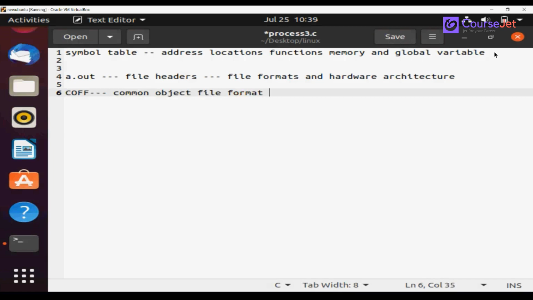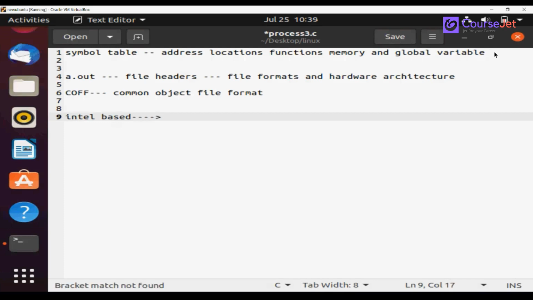Okay, such that we need not worry about what the format of your file is. This is a common object. But why do we need this hardware architecture information? We need it because most of the systems we are using are based on Intel. Now we are using this Intel based system, but if you consider your microcontroller,